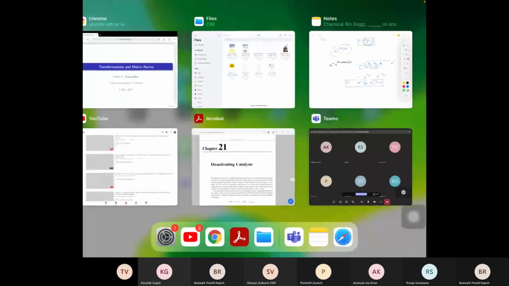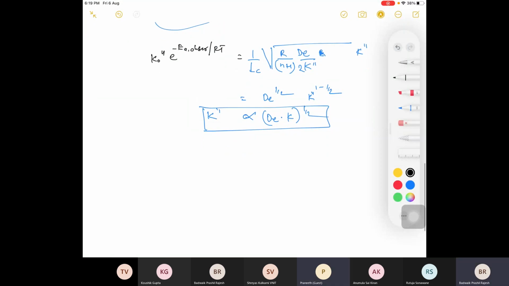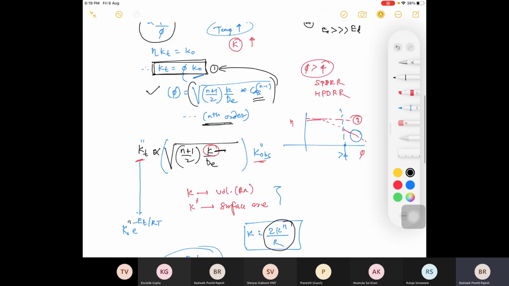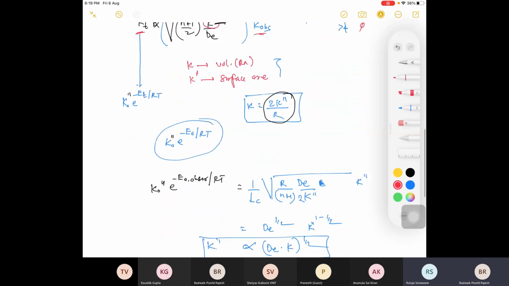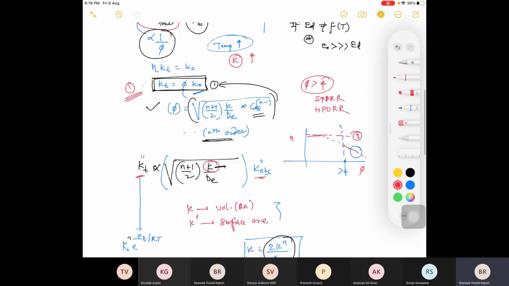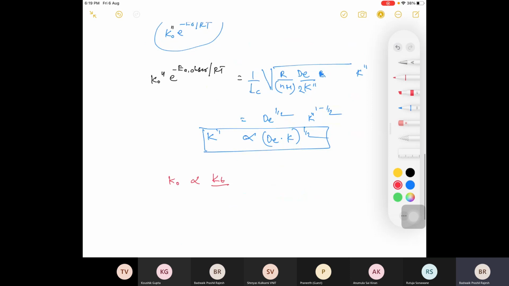Yes, sir. Okay, so I'm writing. Till this you know the relation, right? Observed and this. Any difficulty in getting this equation, equation 1? No, sir. So K observed and K true I am comparing. K observed is directly proportional to what I'm getting here, K true divided by phi.